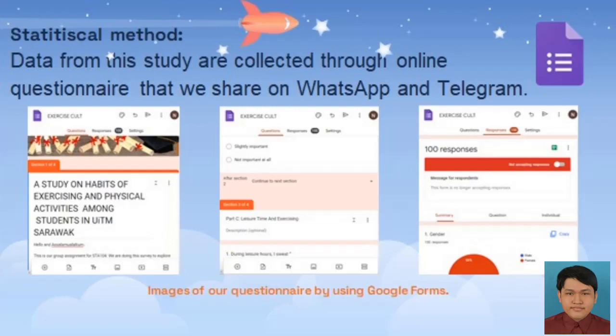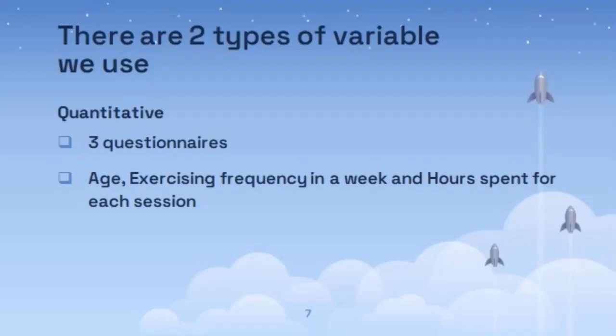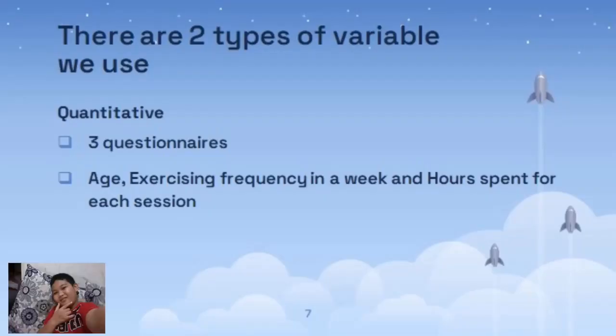We received exactly 100 respondents before we closed our questionnaire. These are the images of our questionnaire. For analysis and findings, we use variables such as quantitative and qualitative variables. The total questionnaire items that we made are 19, which include 3 for quantitative and 16